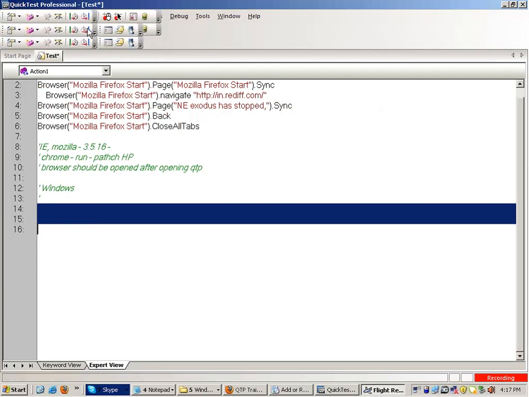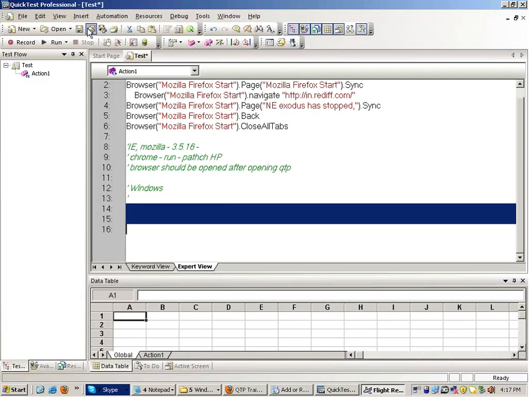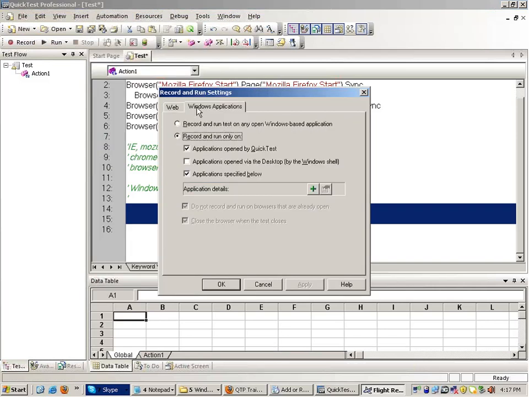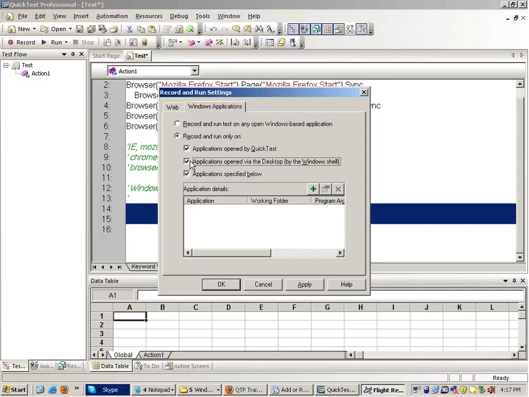In the Record and Run settings, under the Automation tab at the top, in the Windows Applications tab, all three checkboxes should be checked. When you install QTP, the second checkbox is actually not checked, which causes a lot of issues. The Windows-based applications are not recorded.